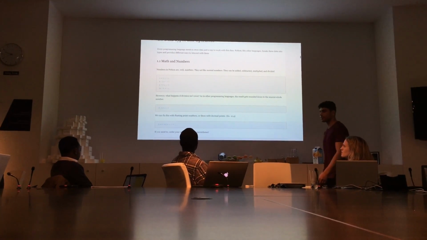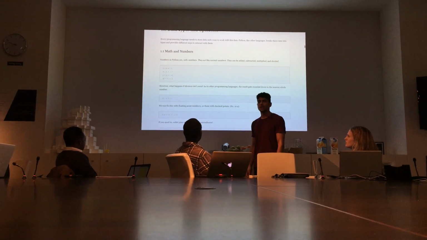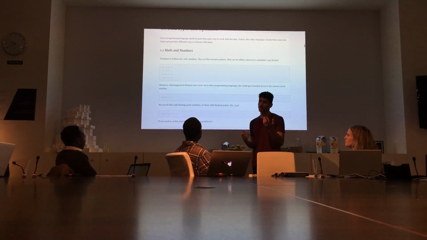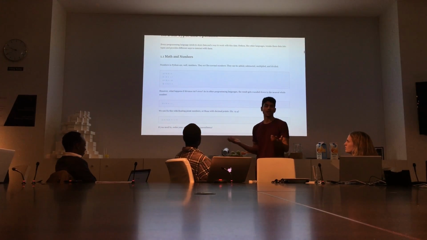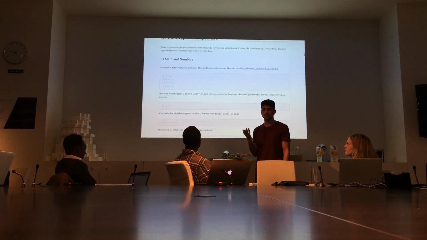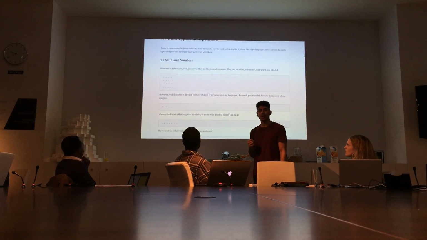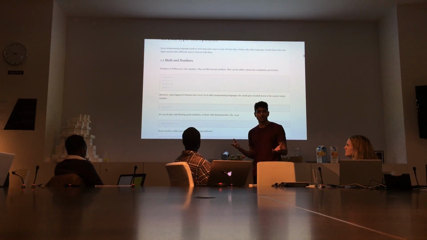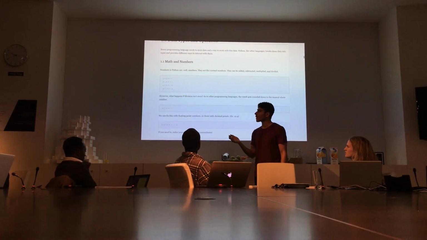However, something about Python 2.7, which is what I'm using now. Let me make this clear. We have Python 2.7, which I use, and then we have the newer version of Python, which is 3.5, which not many people use right now just because it's quite new and everything written in 2.7 isn't compatible with 3.5.